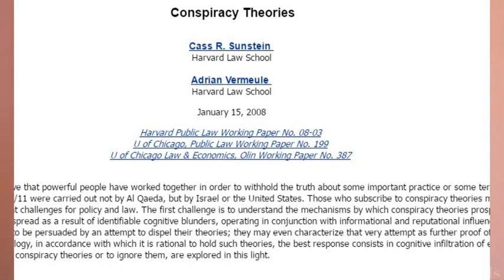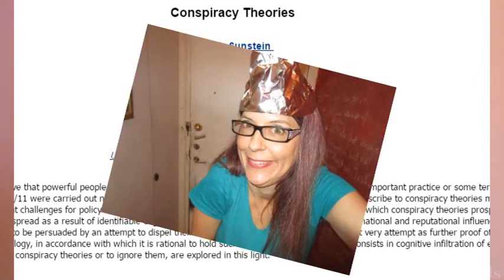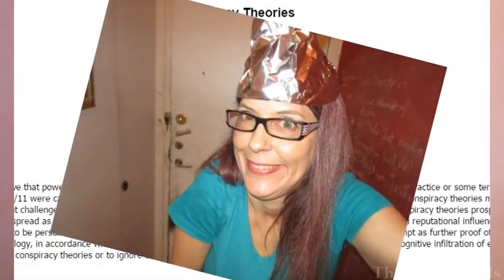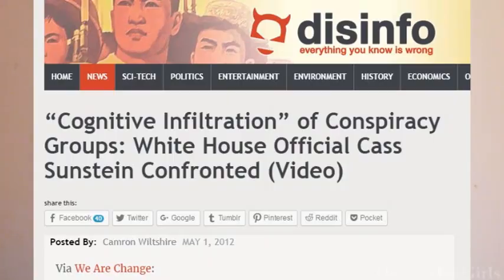In 2008, he published a paper called Conspiracy Theories, which basically posed the question of what to do about conspiracy theorists. He said various policy dilemmas, such as the question whether it is better for the government to rebut conspiracy theories or to ignore them, are explored in this light. This paper came more into the public eye in 2012 after Cass Sunstein gave a lecture at NYU Law School and was later confronted by Luke Radowski on the contents of this paper, which included strategies for cognitive infiltration of